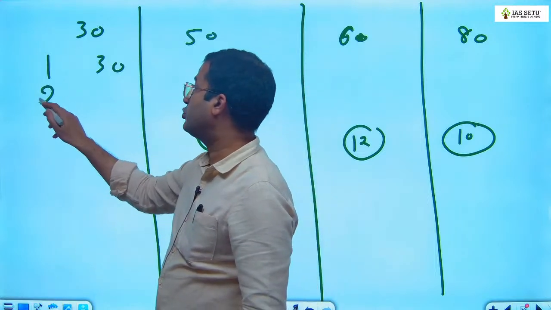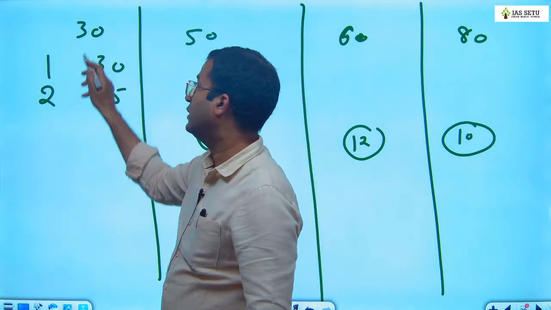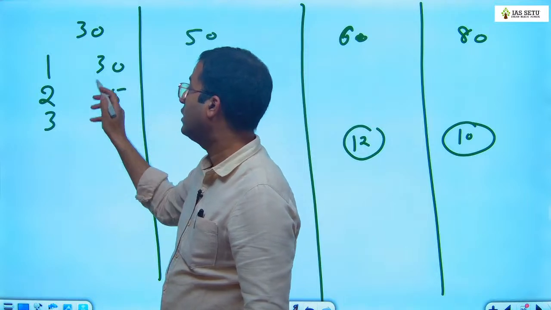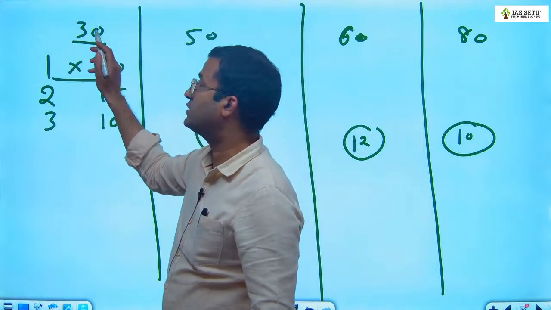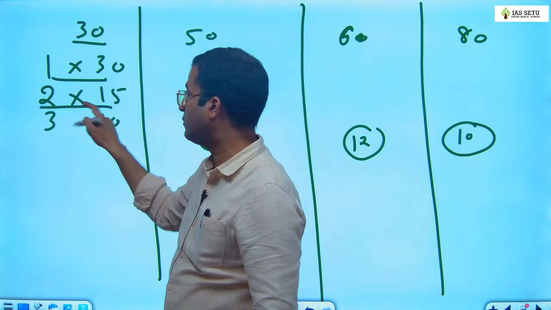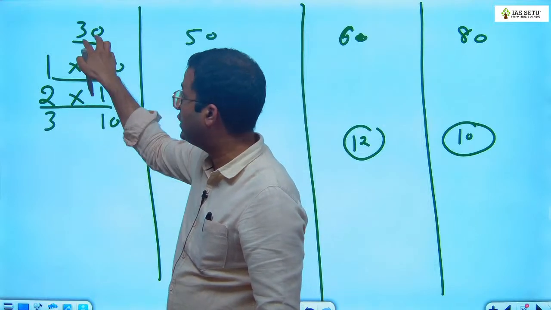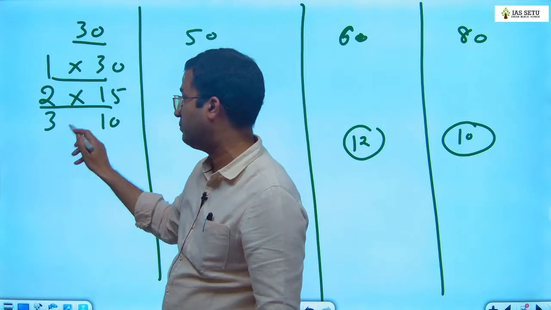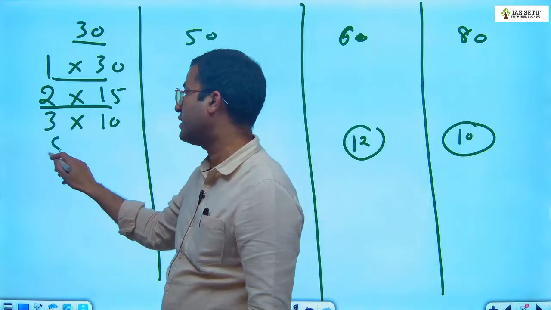It is divisible by 2 and 5. It is divisible by 3 and ये क्या है, इसको मल्टीप्लाई इक्वल टू 30, दैट इज द पेयर। इसका मल्टीप्लीकेशन इज इक्वल टू, दैट इज कॉल्ड पेयरिंग।